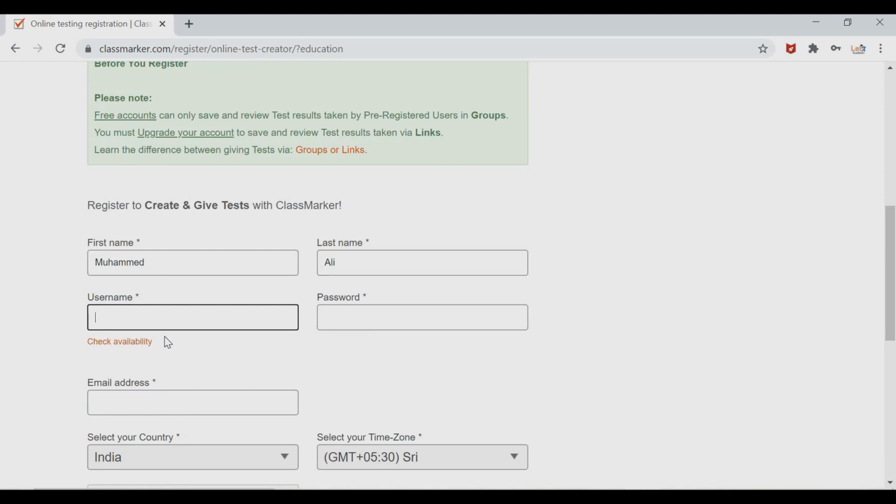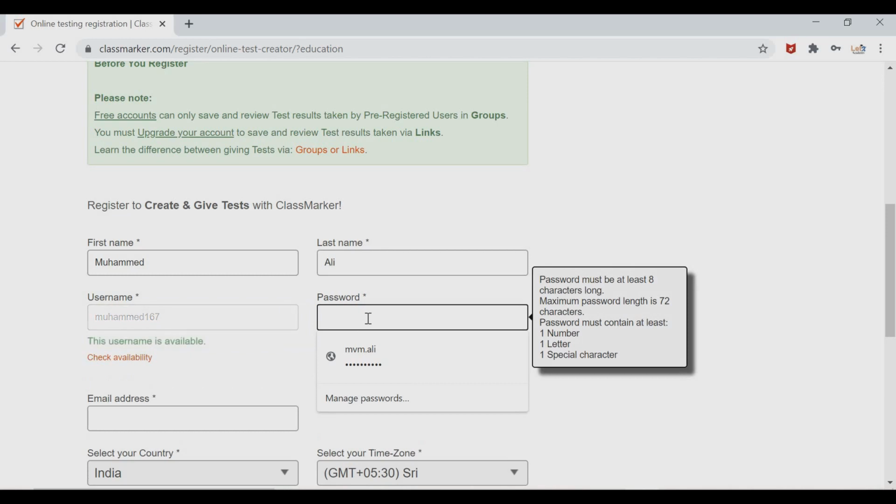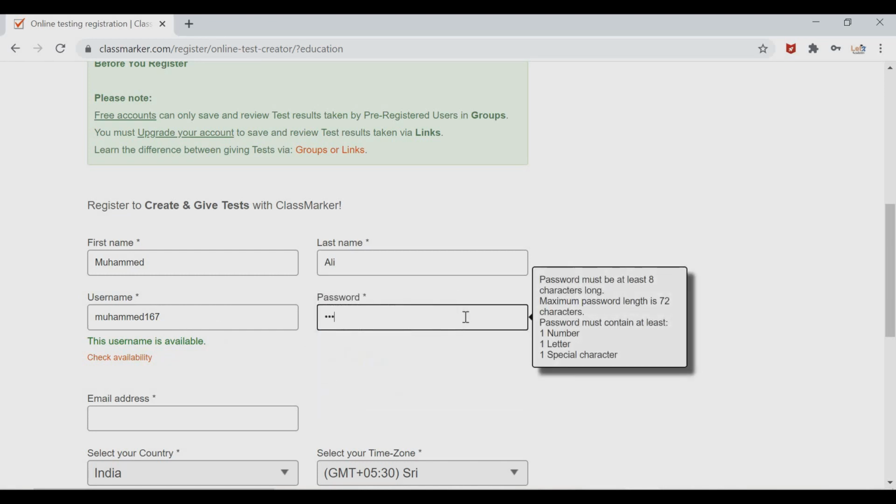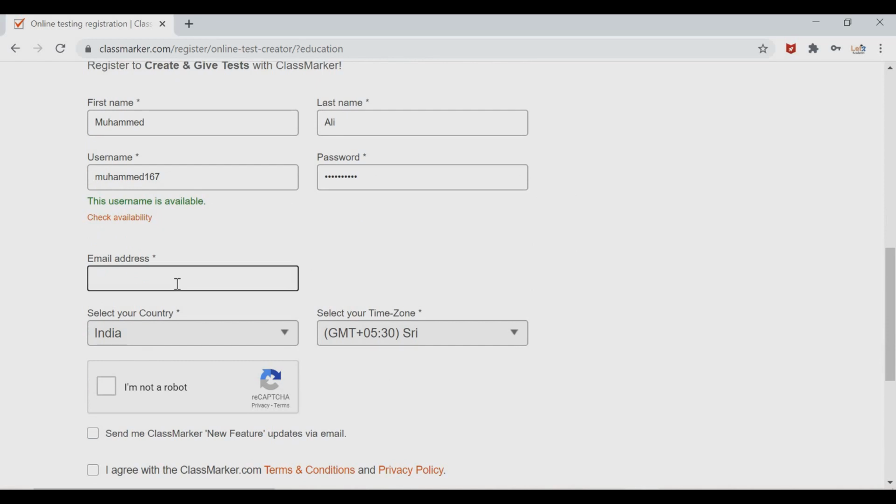So here I'm just choosing Muhammad 167. Okay, now this username is available. Sometimes it shows that this username is not available, so you have to choose another one. Okay, and you have to give a password, and an email address, that is very important.